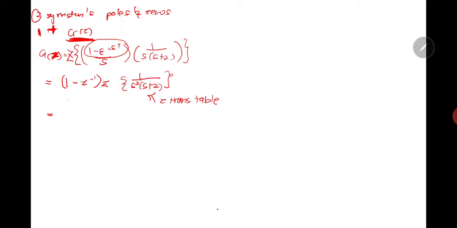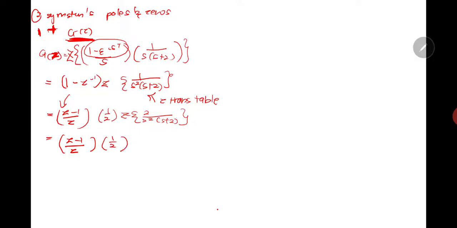Just now we rearranged this one, and we have 1 over 2, z transform of 2 over s square, s plus 2. This is z minus 1 over z, times 1 over 2, and then the z transform of 2 over s square, s plus 2. We just substitute. I already showed you the equation that we need to use just now. So this is equal to z